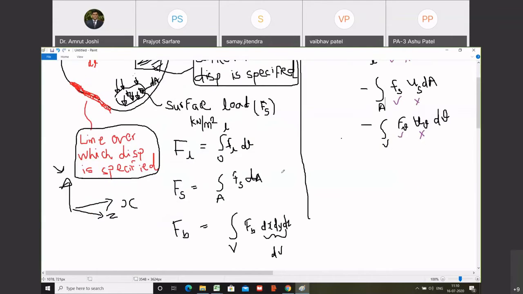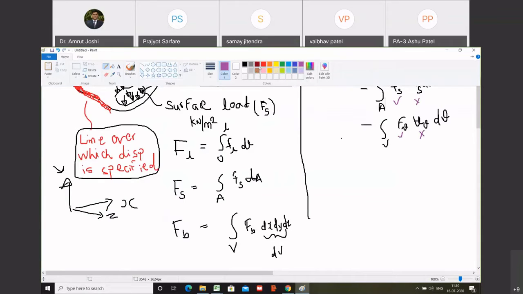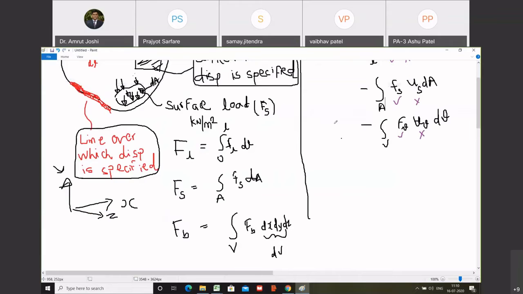Now pay attention here. Next thing that I am going to tell you is very much important. Let me consider this line over which the displacements are specified. Therefore, the forces cannot be specified. Now look, corresponding to this displacement, again I am going to consider a small segment of length dl. Do you agree with me? And integration over this dl,